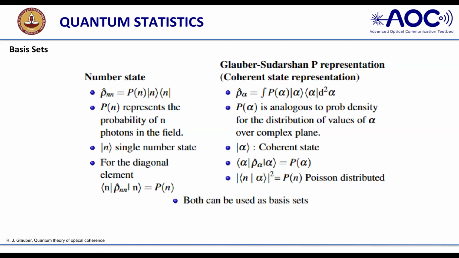To explain that, I have taken this comparison basis set, as I talked to you about the density operator. Here you can see Pn represents the probability of the number of photons, and n is nothing but the discrete value of the number state. Like for the energy level En, what is the value? n plus half h omega. So it corresponds to that energy level. It is a discrete value, a single number state. When you say |n>, it is a single number state, and a diagonal representation. If you have noises, they will come in the off-diagonal. We assume that if there is no noise, we can take the diagonal of the matrix.